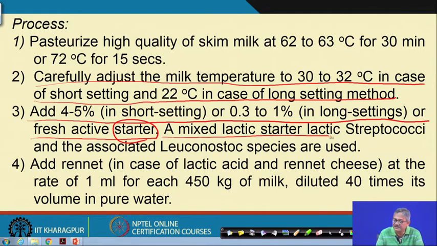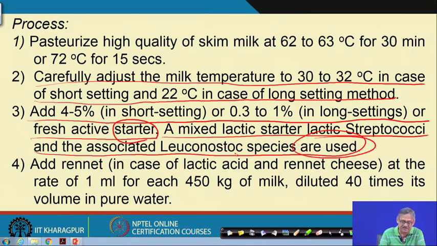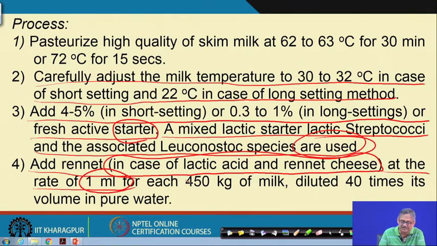A mixed lactic acid starter or lactic streptococci and the associated Leuconostoc species are also used, and you can add rennet in case of lactic acid and rennet cheese, where you are using a combination of that, at the rate of 1 milliliter for each 450 kg of milk, diluted to 40 times its volume